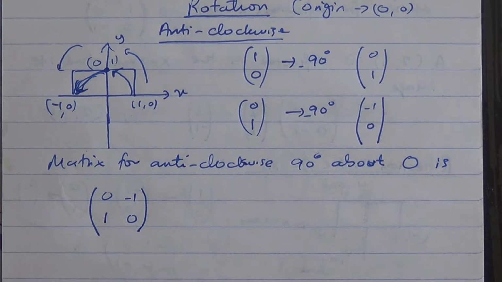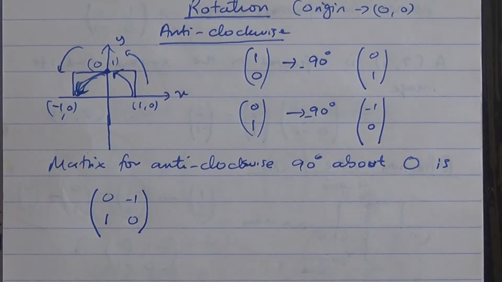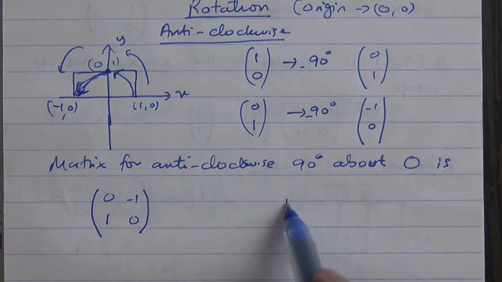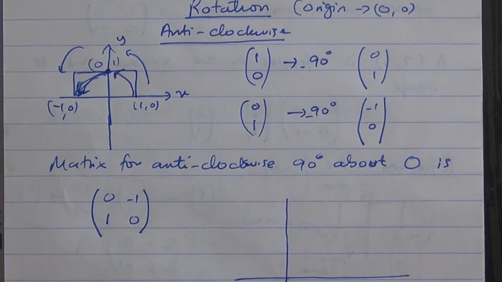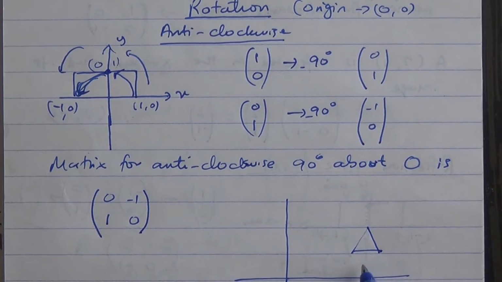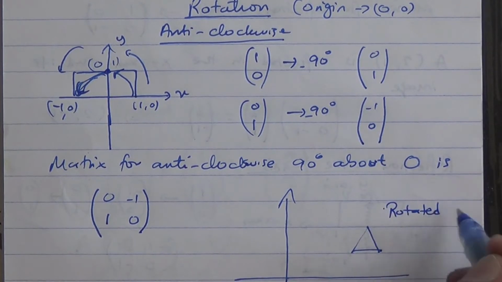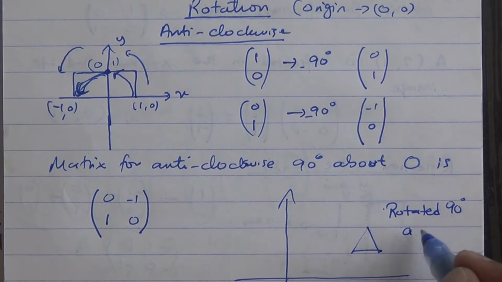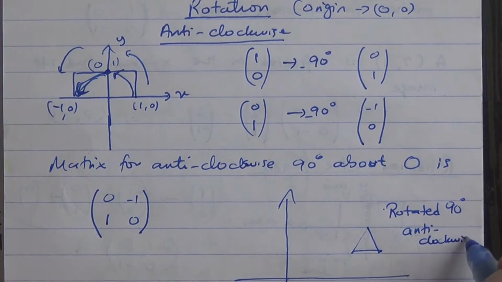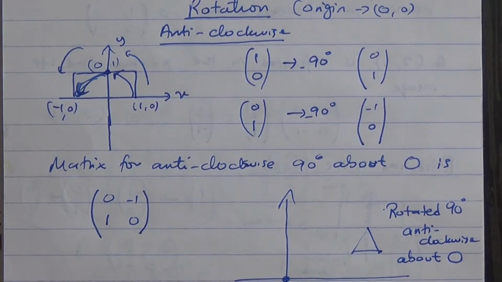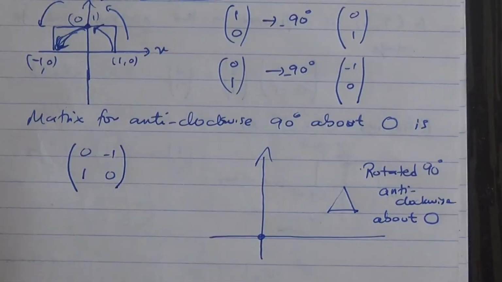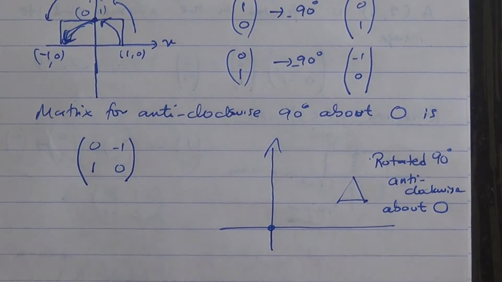Okay, so if you are given a triangle and the triangle is rotated, let's say for example a triangle is here, and I tell you that this triangle is rotated 90 degrees anti-clockwise. What its image is going to be about O, that's very important, about O, the origin. Now what you should do, you just take that matrix